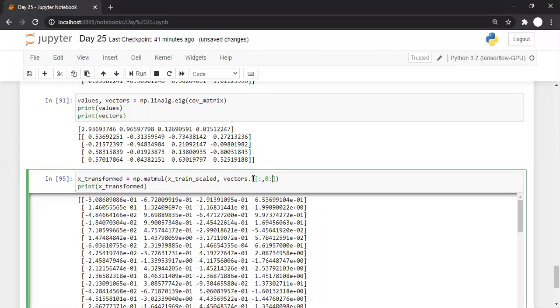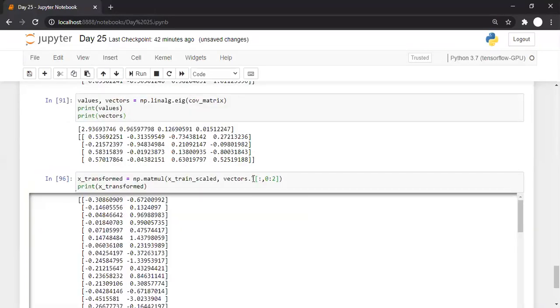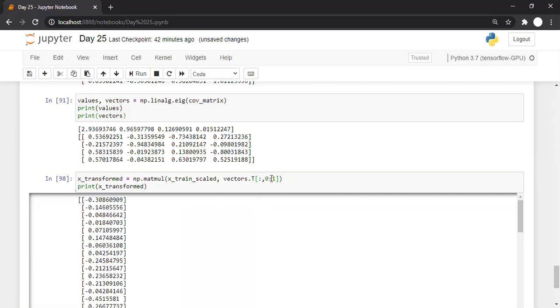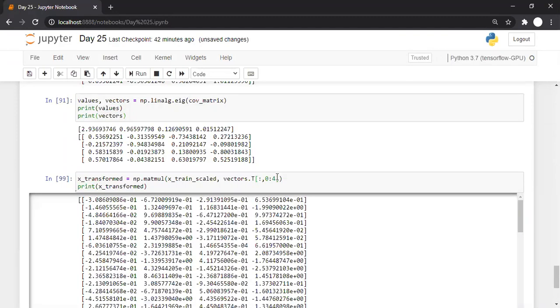Column number 0 to 2, that is 0 and 1. And now I have only 2 components, highest and second. If I want only 3, then I will go with 3. And I can have 3 components. If I want only 1, colon 1, I'll go with 1. And if I want all 4, I will go with 4.